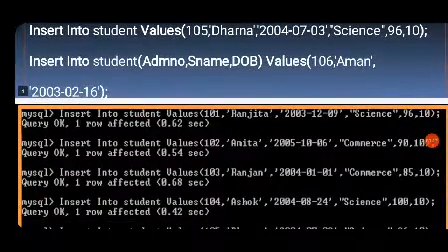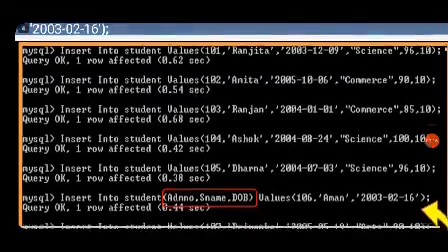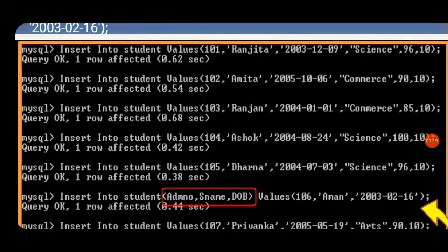Now if we run this, you will get this one. Now just see the highlighted red one. Insert into table name and then the column name. If you want to specify the column name, then over here you can see that we have specified admission number, name and DOB values.